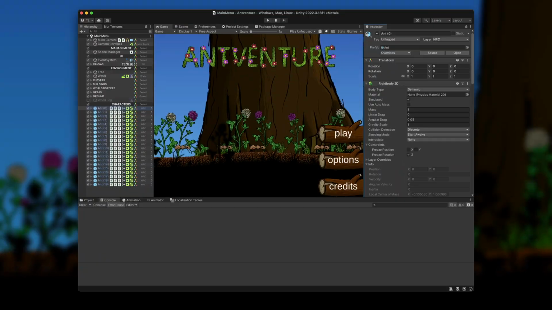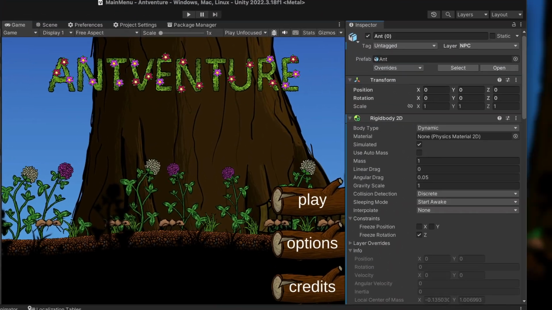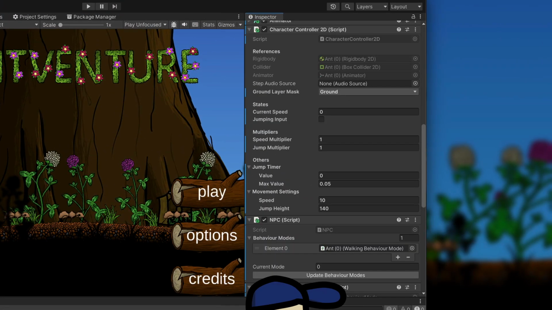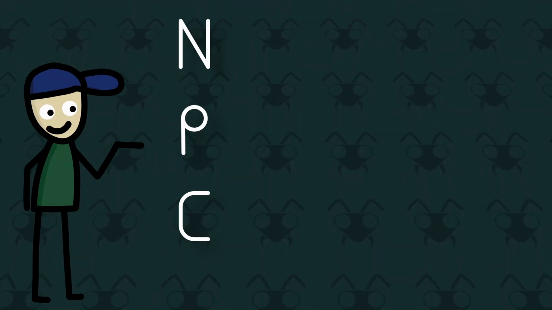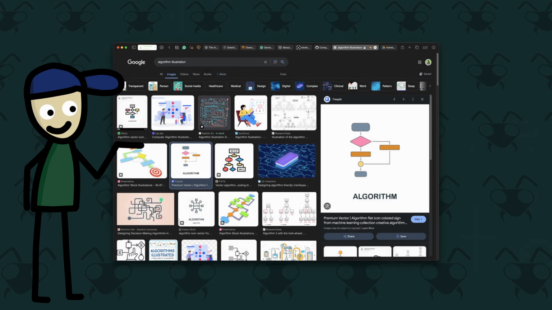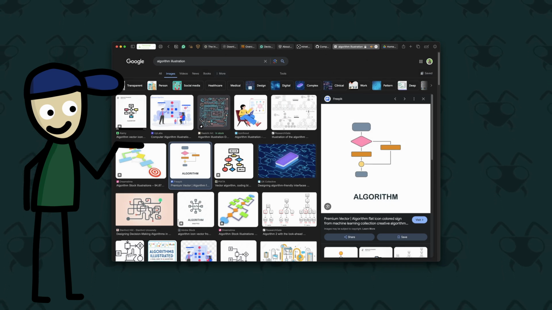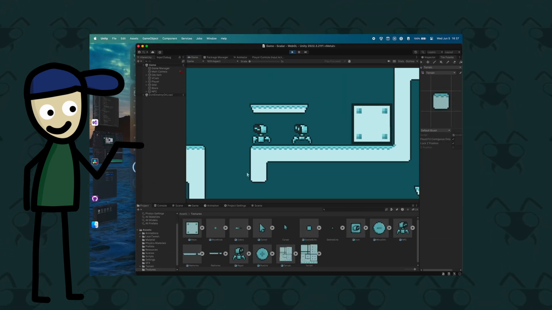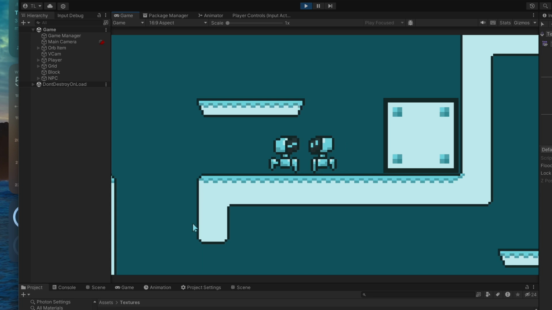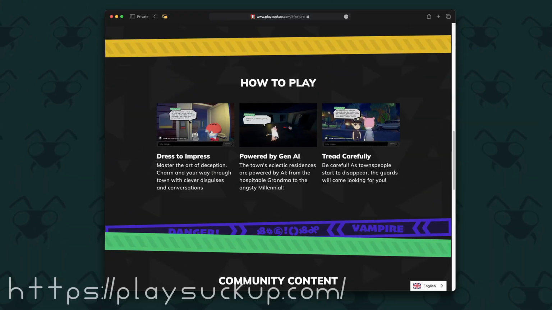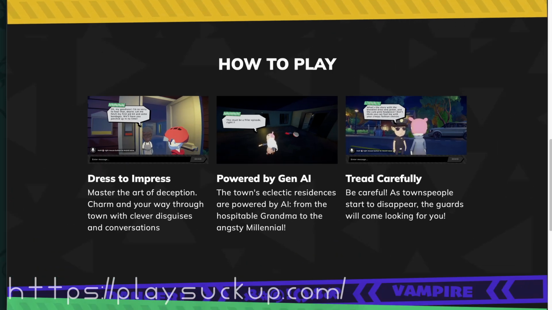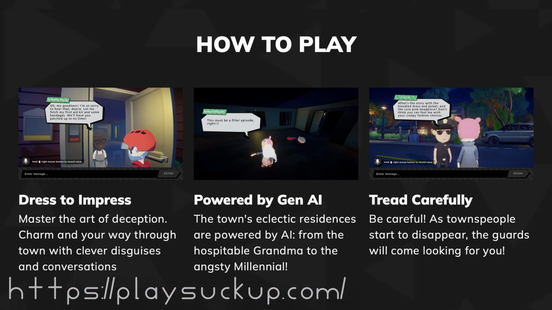The mechanism behind the ants in the main menu is a part of an NPC system. First, let's explain what that means. NPC is an abbreviation of non-playable character. The algorithms they are controlled by can range from simple ones like going between 2 points without avoiding anything, to advanced pathfinding algorithms like A*STAR, and in more sophisticated cases can include machine learning and LLMs, large language models, for